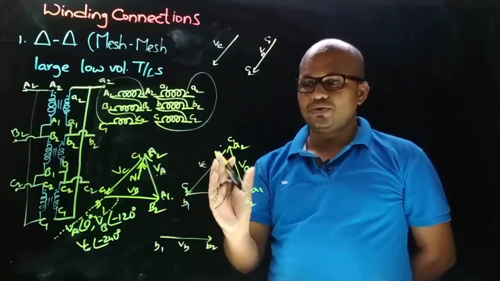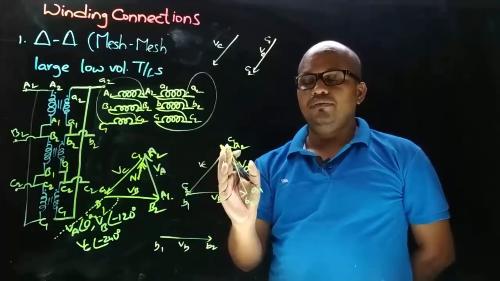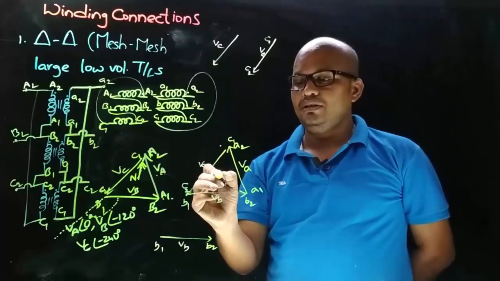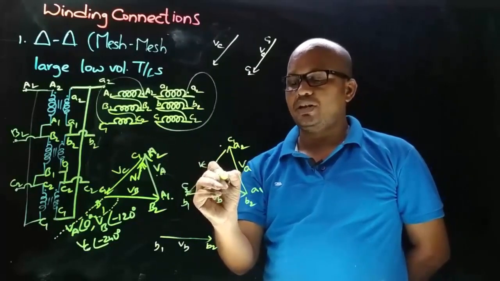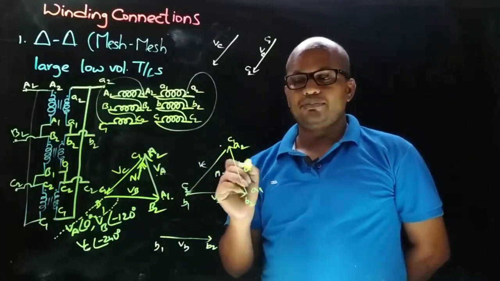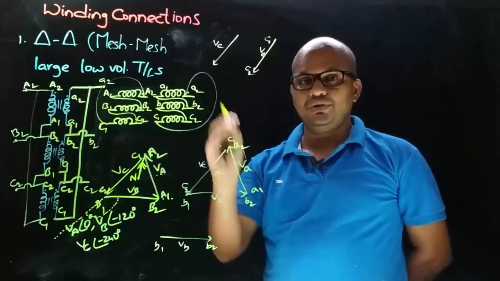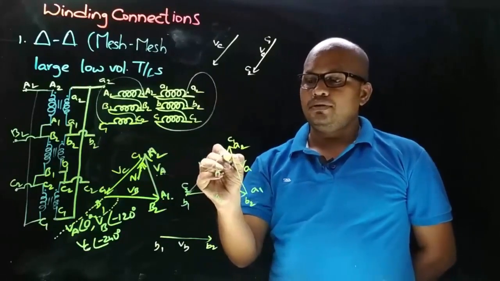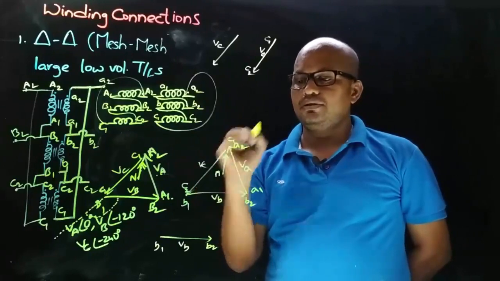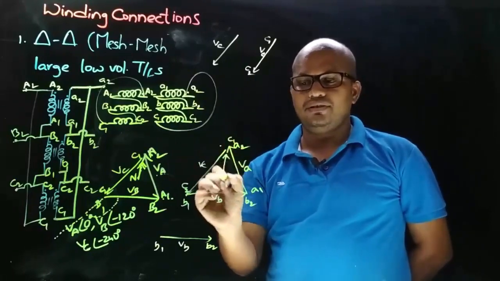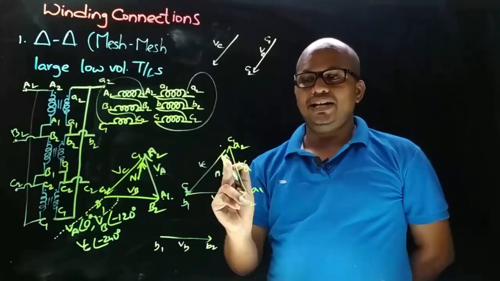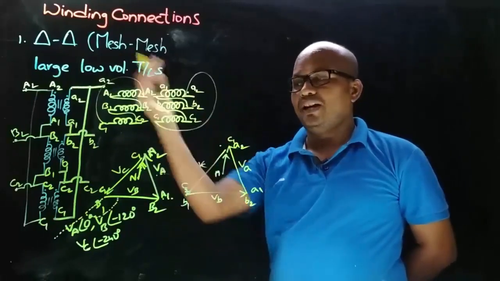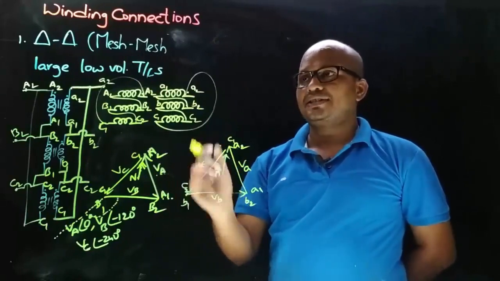As this delta is on the secondary side, here we need to consider the imaginary neutral for comparison purpose. Okay, so this is represented with a small n, and the reference must always point towards the connection we took from. Here the connection is taken from small a2, means this is the phasor for comparison.